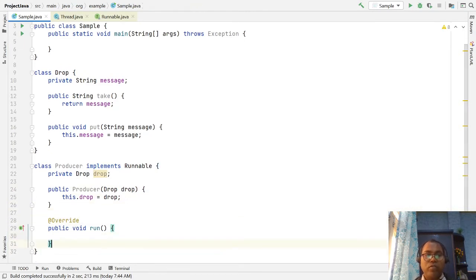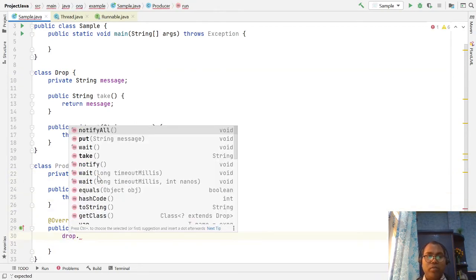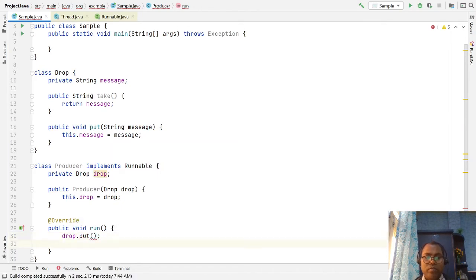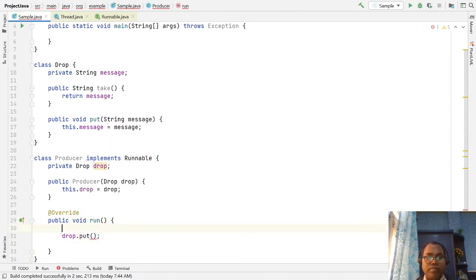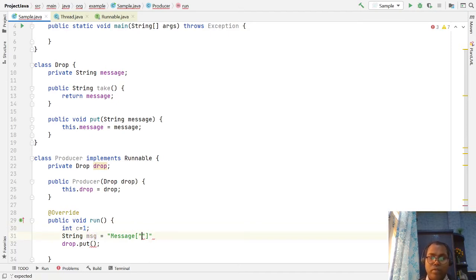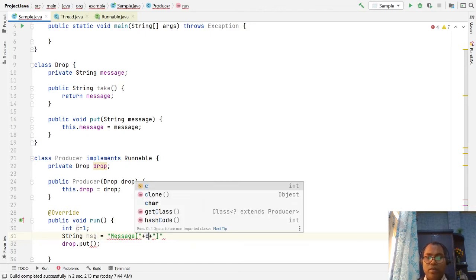So the producer works on this Drop object and puts the message. Which message will it put? Let's create a string message, say with a counter, count equal to 1, and count plus plus.